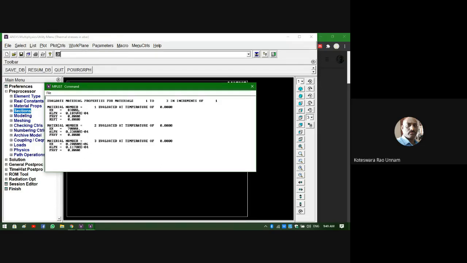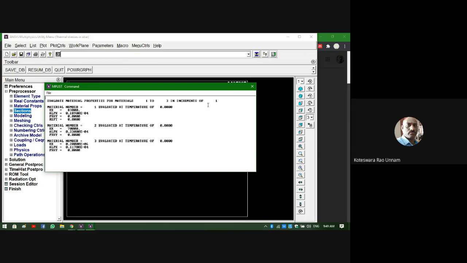If you feel they are okay, then you go to the next step. If you want to recall which material is defined for which section, you can list it like this. By looking at these values, I can say 3 is for steel, 2 is for aluminum, and 1 is for bronze.